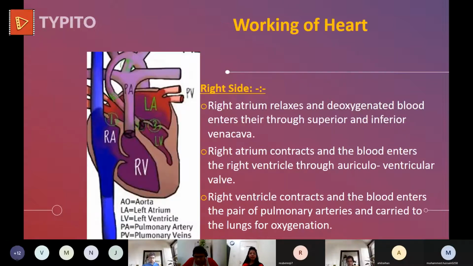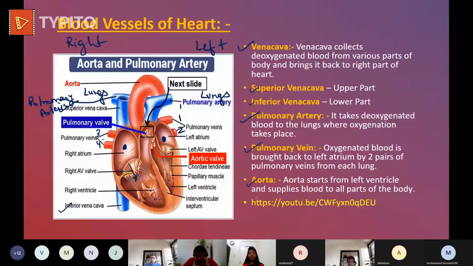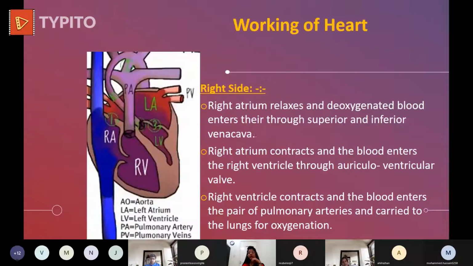So these are the blood vessels. What is aorta again? Aorta is the blood vessel. Okay, where is the aorta? Now look at the structure. This is the aorta, red color. Red color blood vessel. It is starting from the left ventricle, and it is taking blood away from the heart to all parts of the body. Yes, ma'am. Correct. The oxygenated blood is taken away from the heart to all parts of the body through aorta. Aorta later on divides into many arteries, and it is supplying oxygen-rich blood to every part of the body.